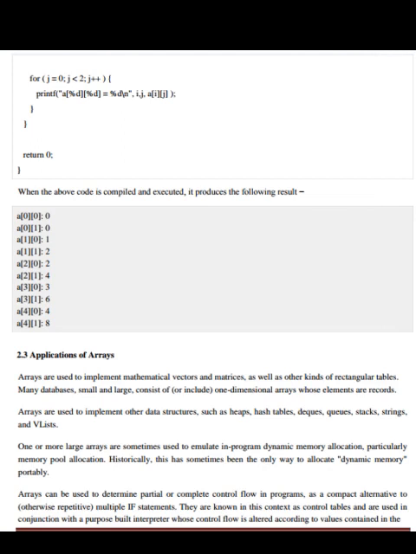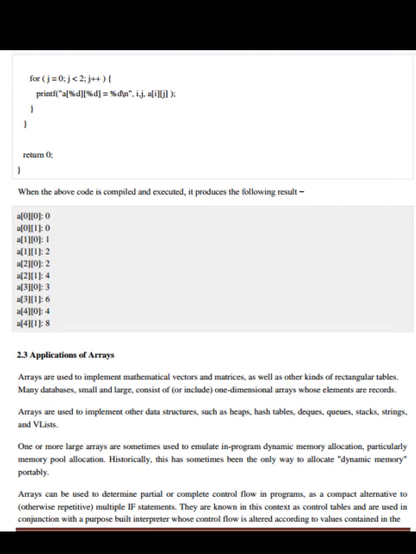Arrays are used to implement other data structures such as heaps, hash tables, deques, queues, stacks, strings, and lists. One or more larger arrays are sometimes used to emulate in-program dynamic memory allocation, particularly memory pool allocation. Historically, this has sometimes been the only way to allocate dynamic memory portably.